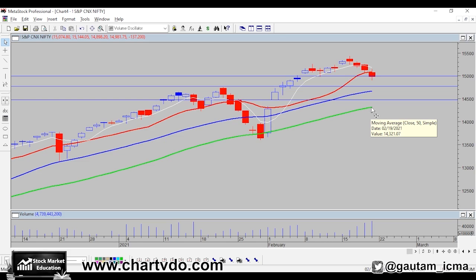So for me, as per the moving averages, it is very clear that if the 13 SMA, which is at 15,100 level, is not crossed, the downtrend may remain intact, and on the lower side, the weight of evidence suggests that we may head for 14,700. Well, on the brighter side, if the 13 SMA is crossed, certainly the uptrend may again resume, and we need to check out in that case whether 15,257 is crossed or not.